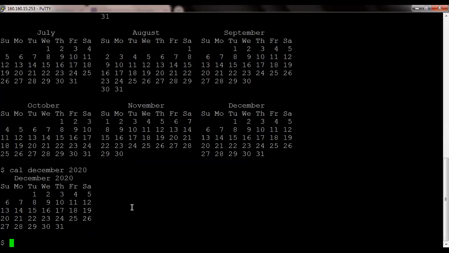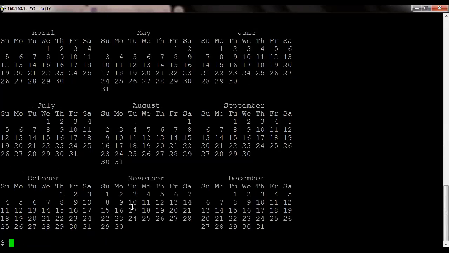If you wish to see 1942, you will have a calendar of 1942 as well. So this is how your calendar is defined with the help of